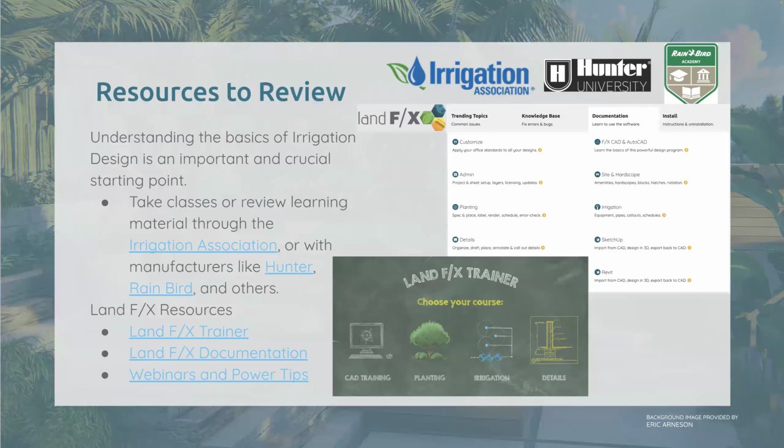So here are our resources to review. Like I said, step one, if you are not familiar with irrigation design, is learning irrigation design basics. There are lots of resources online. You can take classes through the Irrigation Association. Hunter and Rainbird, other manufacturers, offer these types of classes as well. I believe there are on-site ones and ones online. So you just find something that works for you and your team and learn the steps of irrigation design basics